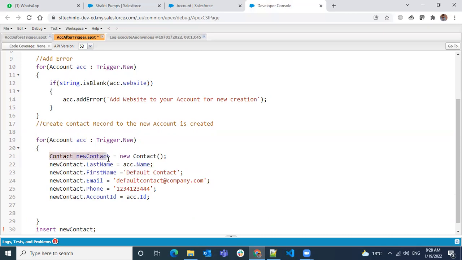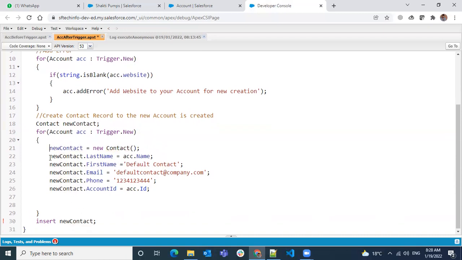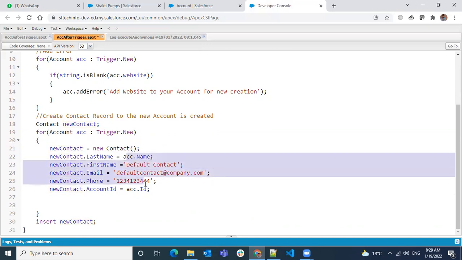If I declare this variable outside of this for loop, I will have a variable. But the problem is, let's say you have 10 or 20 records or 200 records over here. For each record, you are emptying, initializing it so that every piece of data inside it will be erased, and you are providing a first name, last name, email, phone, and account ID. And again, it will jump onto the next item in the loop. So at the end, what you will have